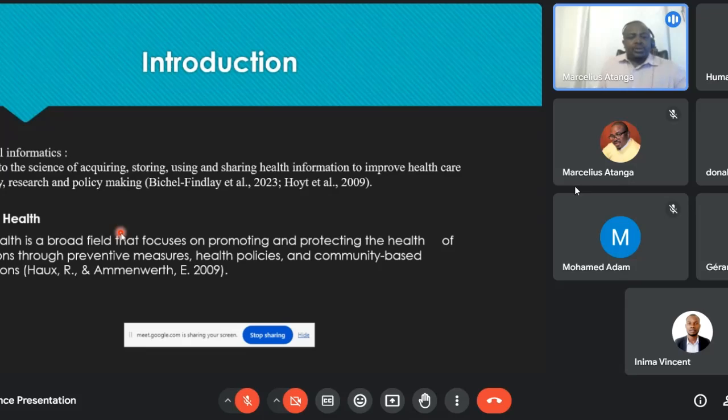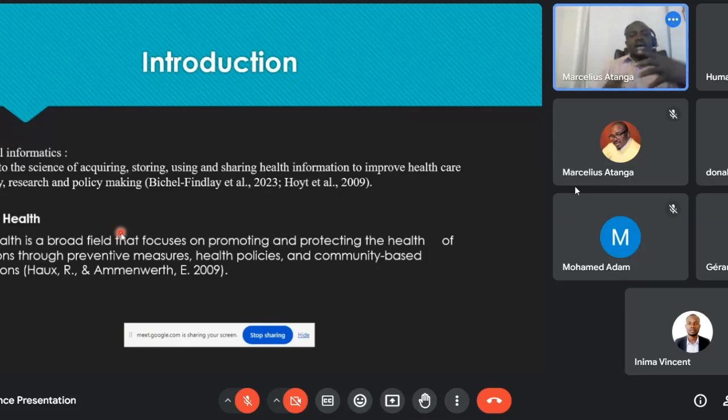As a prelude to what we're going to be seeing, we are first of all looking at medical informatics and how it transforms public health. So what's medical informatics? According to Becher, et al. and Hoyts, 2023 and 2029, respectively,